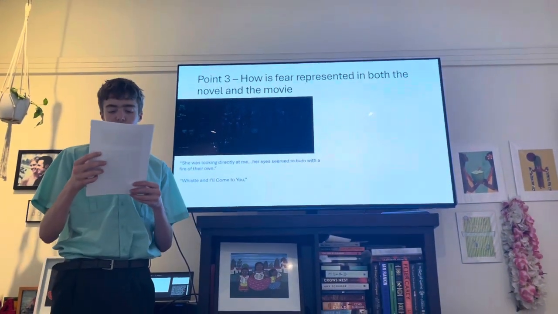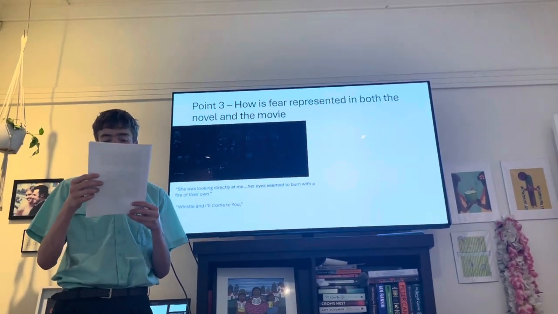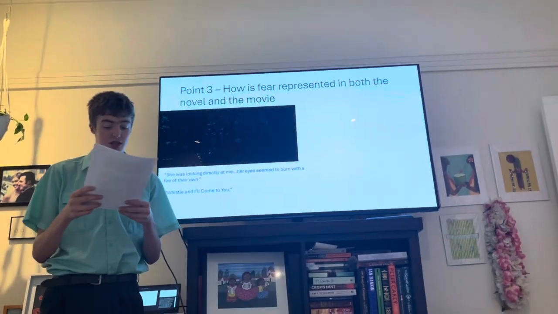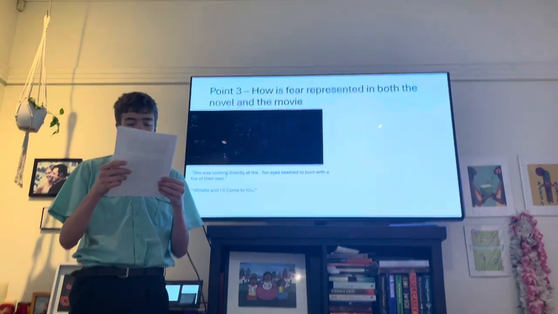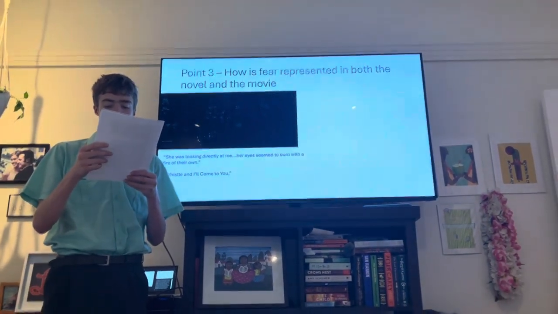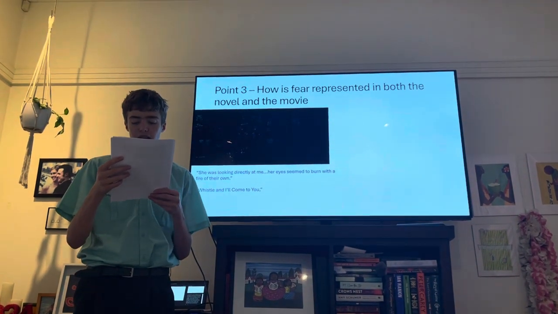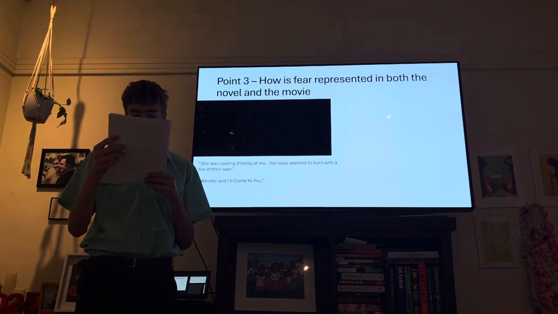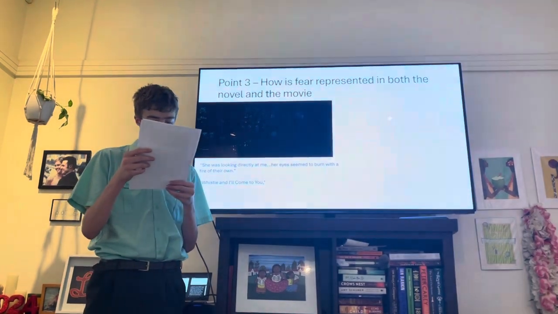Director James Watkins uses a variety of cinematic techniques throughout the Woman in Black movie, such as acting, camera angles, and sound effects. And author Susan Hill uses the narrative technique repetition. There is one example I've taken out of the movie. This example is around the 50-minute mark where Arthur encounters the faces of all the dead children. And there is one example I've taken out of the novel. This example is around chapter 10.